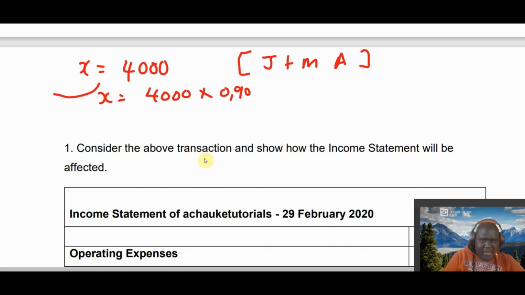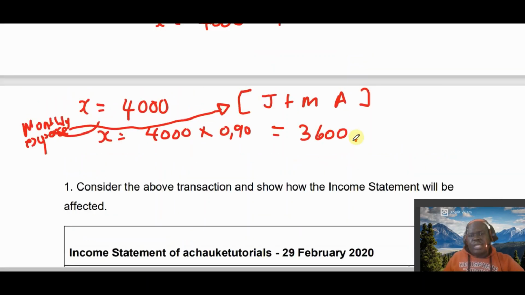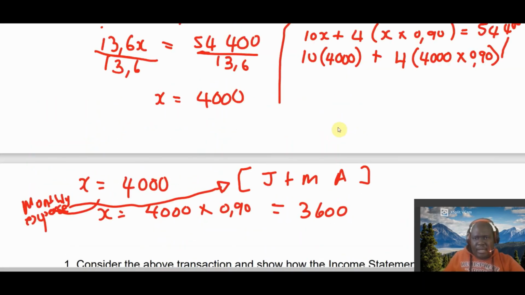This x in this case would represent the monthly expense for this month. It's not some sort of equation. I just want to put it in terms that we can remember. So it will be 4,000 times 0.90, which gives us 3.6, which is equal to 3,600. So now for us to be able to check if our calculations are correct, we will just do some